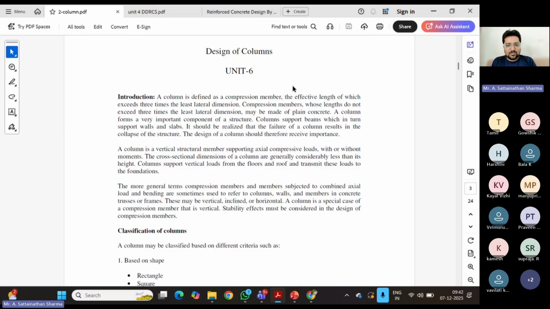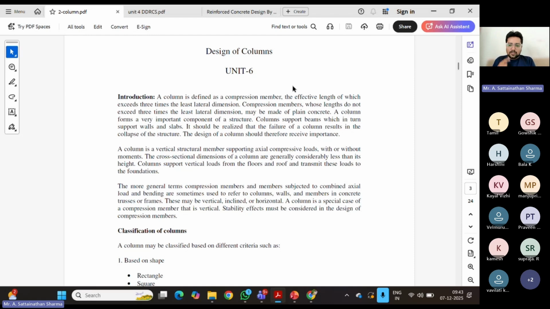You should not say it is a vertical member. Not all vertical members are termed as columns. So you have to define it with respect to the load that is being carried by the member, right? If the beam is carrying the load, it will carry along the longitudinal direction. So that is beam. First column, it is carrying a compressive load. And what the code has defined a column to be, precisely, is that the effective length of the column exceeds 3 times the